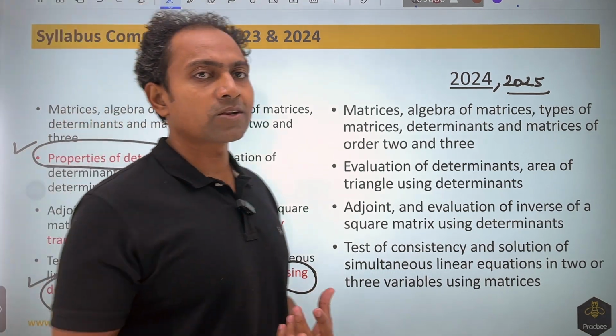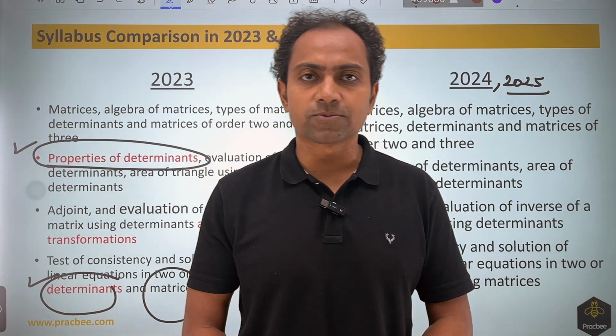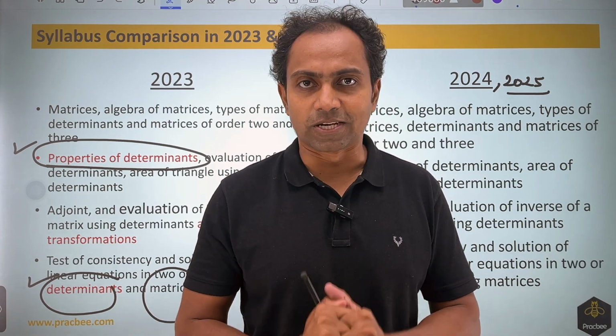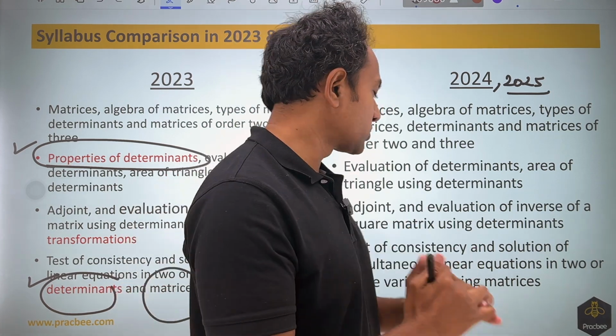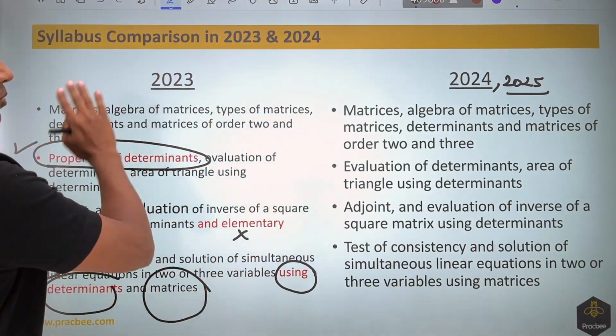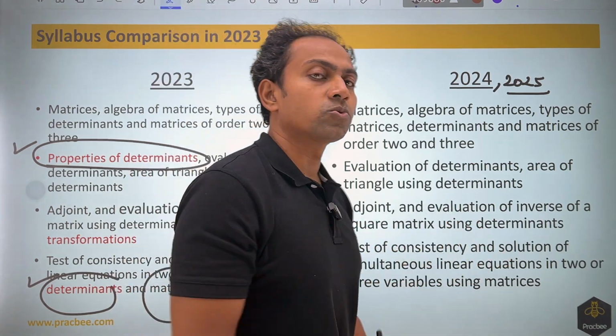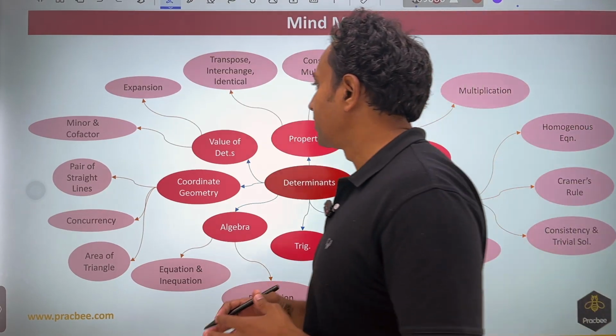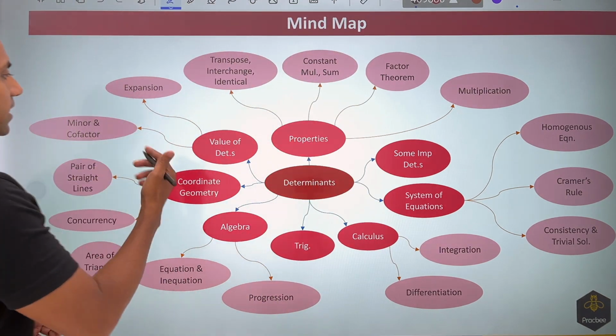And lot of students are not very comfortable applying the matrix method or Gauss-Jordan method to solve questions based on linear equations in this chapter. So in a nutshell, whatever syllabus was in before 23, that will have to be used in 24 and 25 to get the questions right. Now if you look into the mind map of determinants first, we'll start usually the discussion